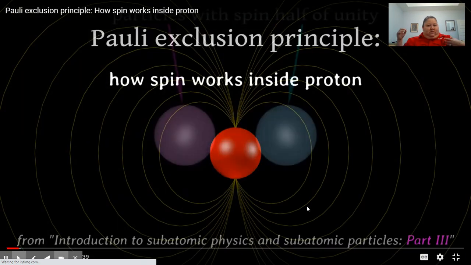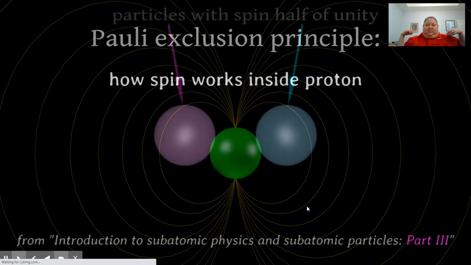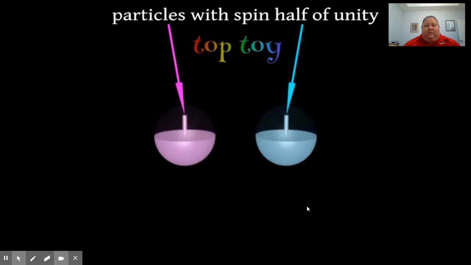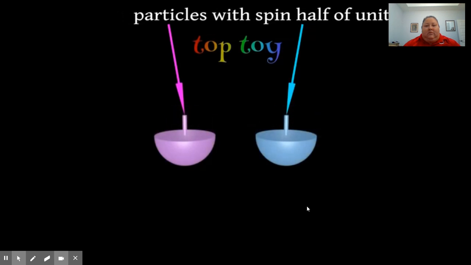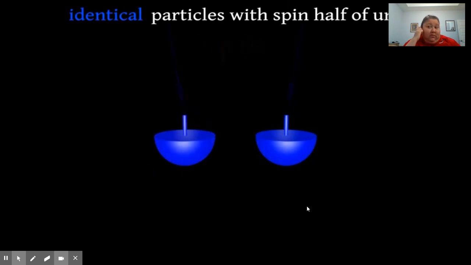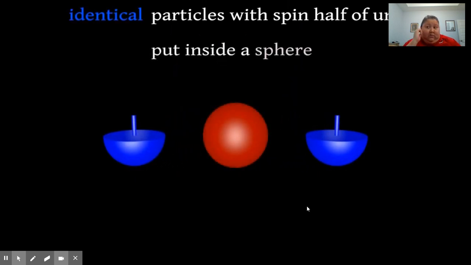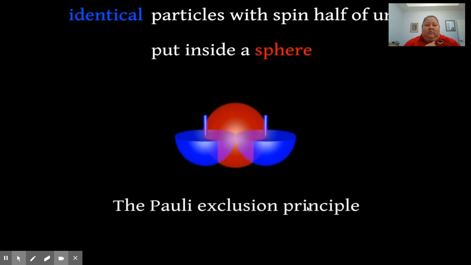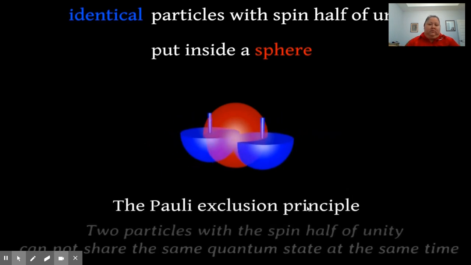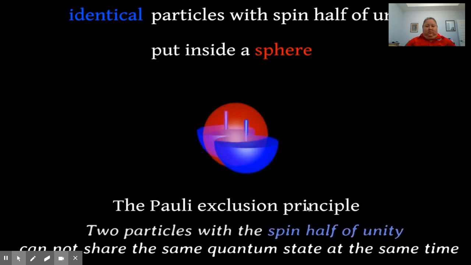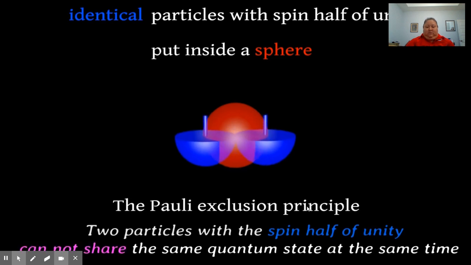We have two particles with the spin half of unity, which can imagine as a top toy in the form of a half sphere. Suppose these two particles are identical, that is, they have the same internal properties or quantum numbers. We want to put them in the same place, for example, inside the sphere. There is some fundamental principle of nature, which usually called the Pauli exclusion principle, stating that no two particles with the spin half of unity can share the